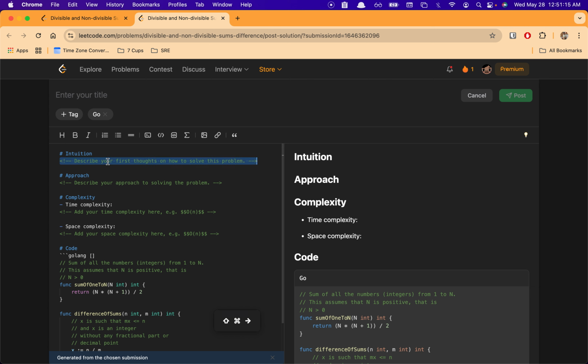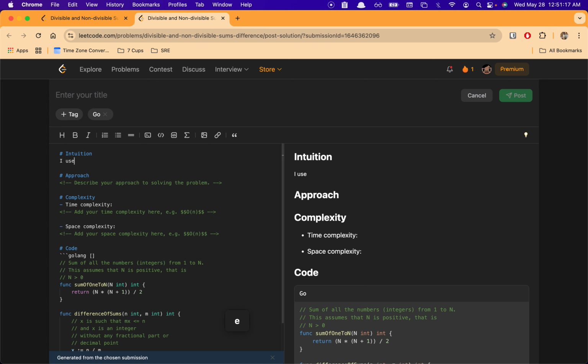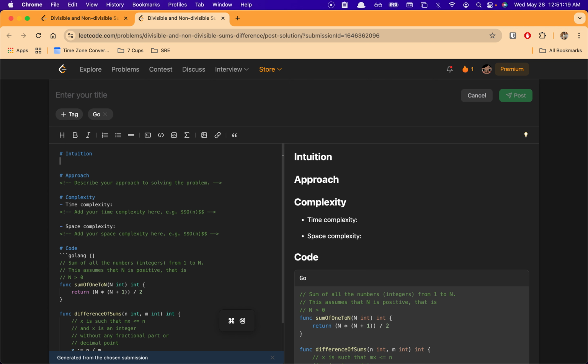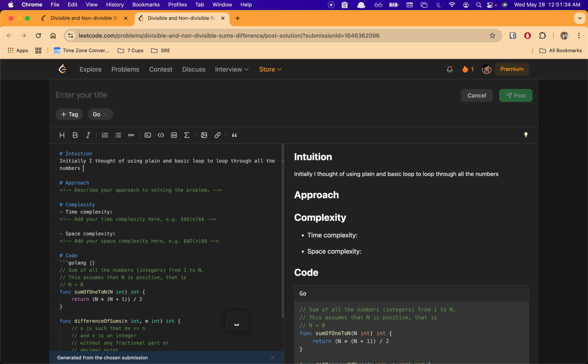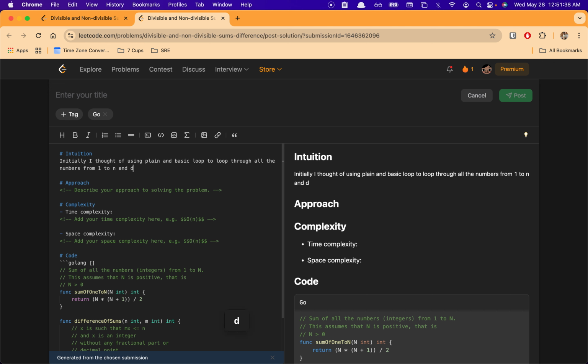So I used, initially I thought of using plain and basic loop to loop through all the numbers from 1 to n